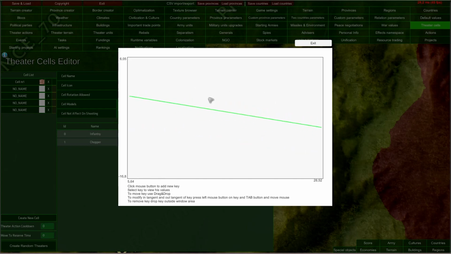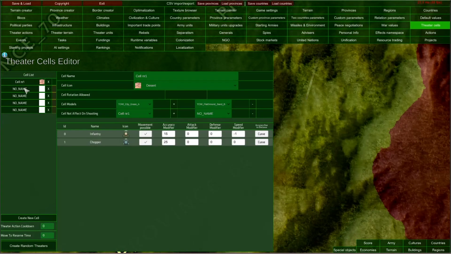So for example, in this case, when standing on the cell, the accuracy will be modified by 0, so not at all. And when the distance to another cell to the target is 100, the accuracy will be reduced by -25. And that is how you set up all other cells here.